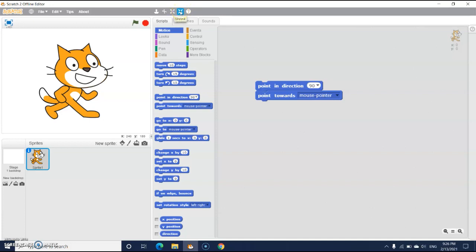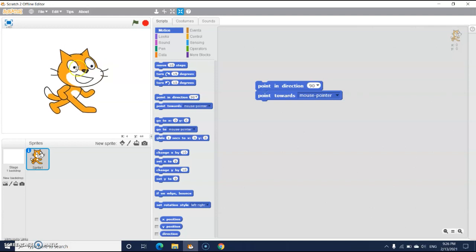Fourth cursor tool is shrink. When you select the shrink button, the mouse pointer will get changed to 4-headed arrow with an inward direction. Place the pointer onto the sprite and click on it. The size of the sprite will decrease.